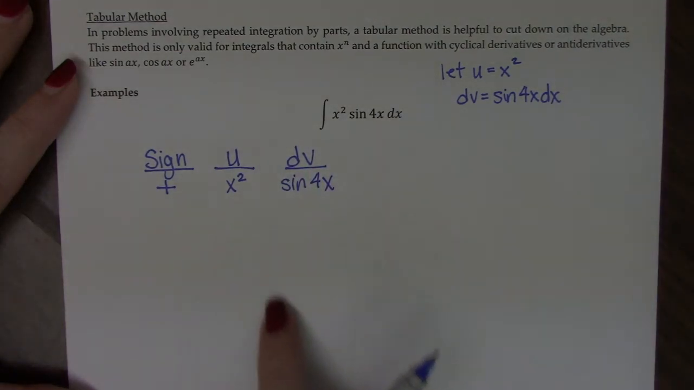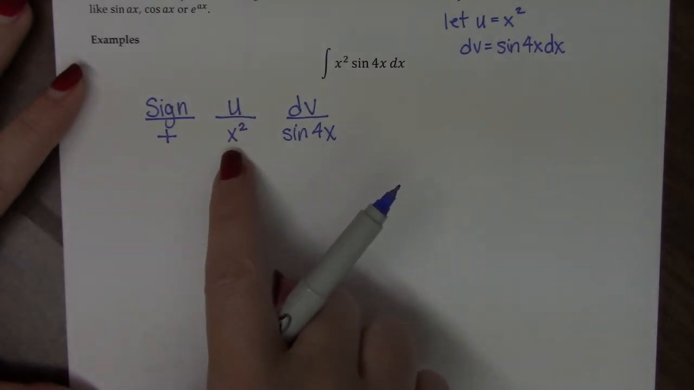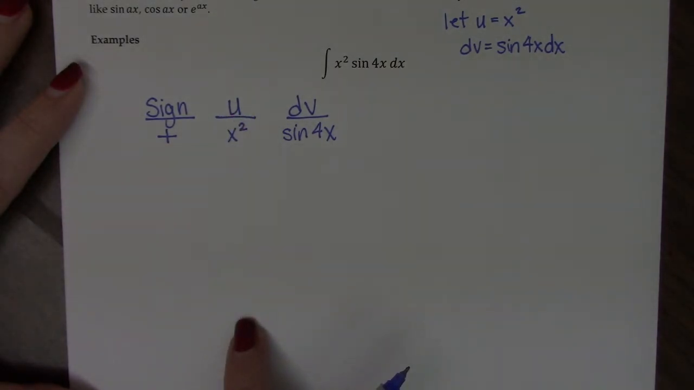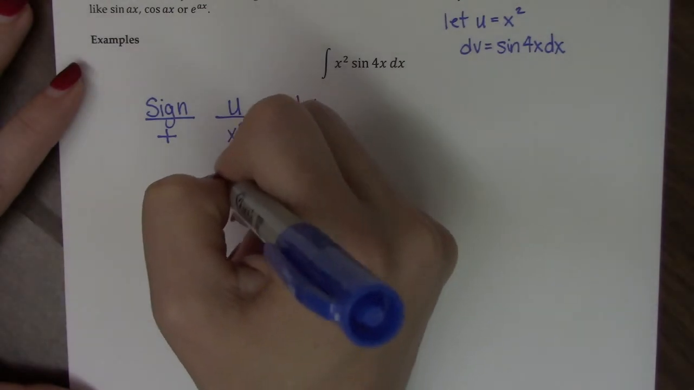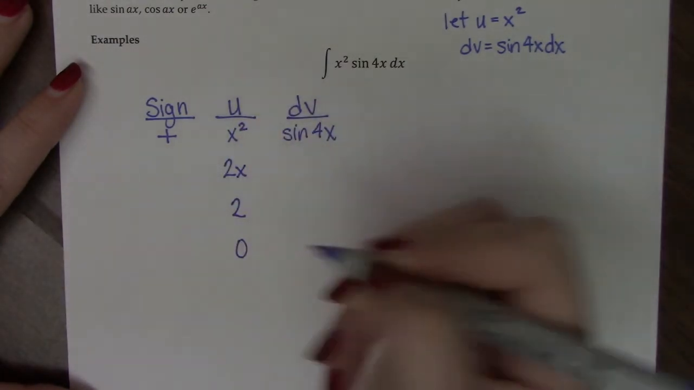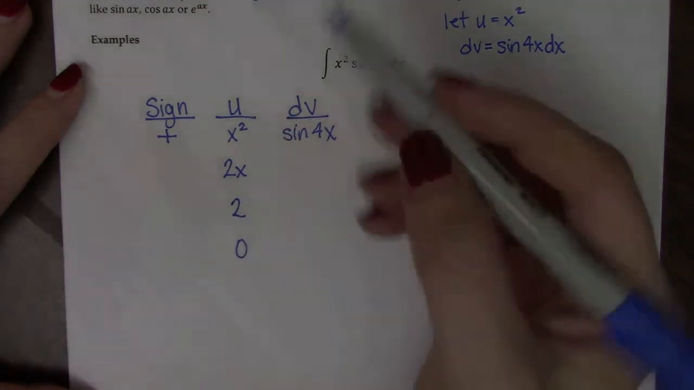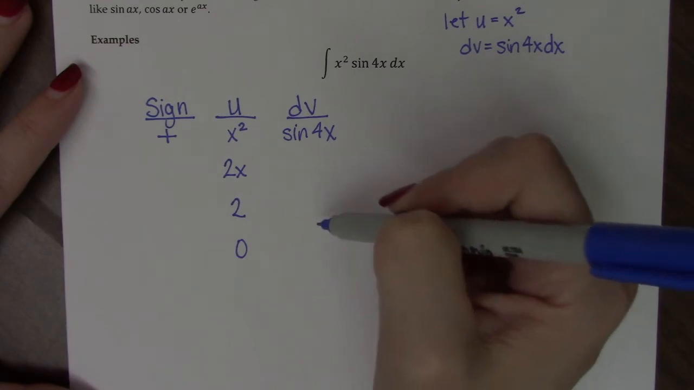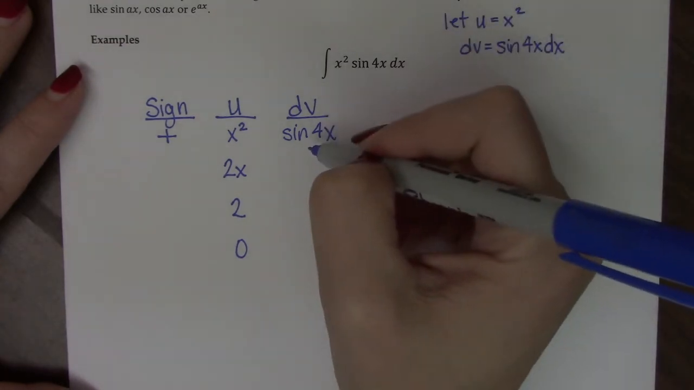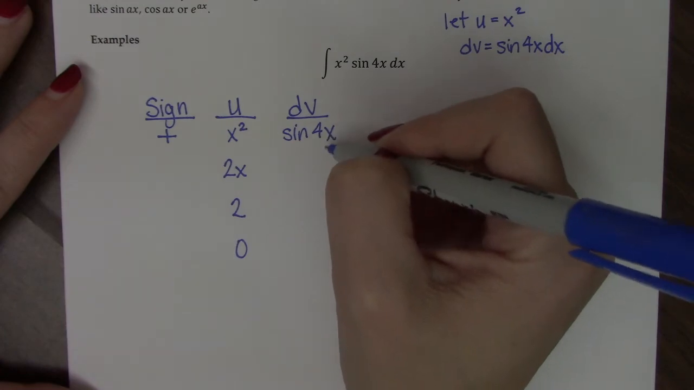And you'll know how many rows you need on the table by the u column. You take the derivative of your u term until you get down to 0. So the derivative of this is 2x, then the derivative is 2, and then the derivative is 0. So this only works when you have an x to the n term. Then we have to anti-differentiate this all the way down. So the antiderivative of sine is negative cosine, but because of the chain rule here, I'm going to have to